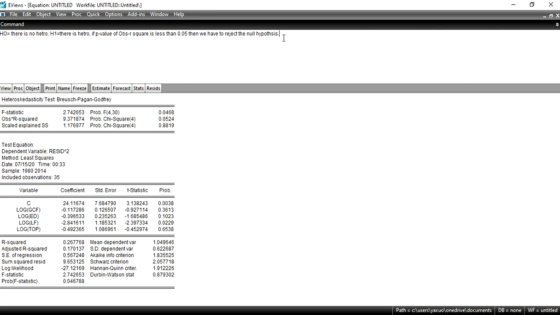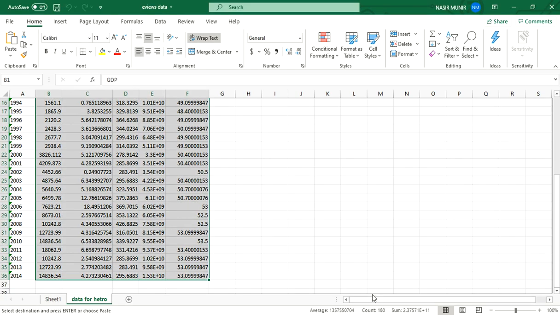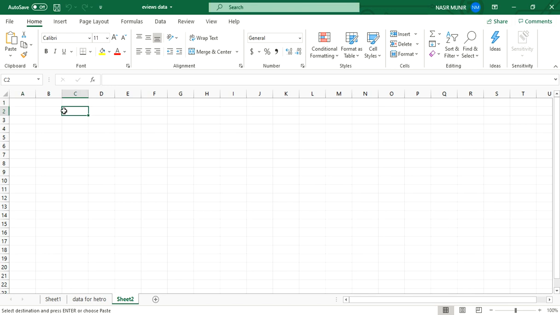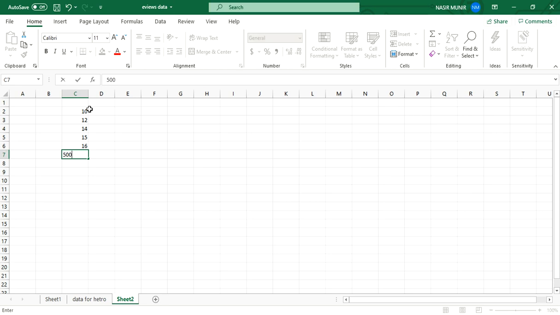Outlier means that if you have data like this, 10, 12, 20, 14, 15, 16, and you can see that your data is going very smoothly, but suddenly there exists a number which is 500, then you will get data again 14, 20, 12, 14, 12. So in this data, because of this 500, your whole mean is going to change.